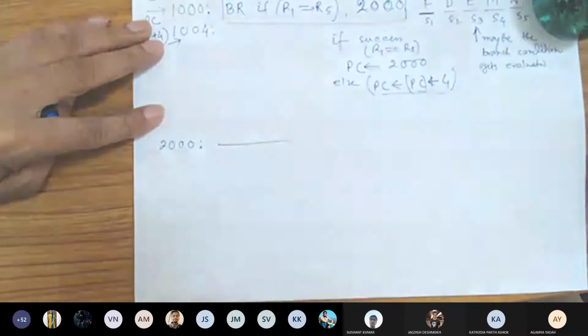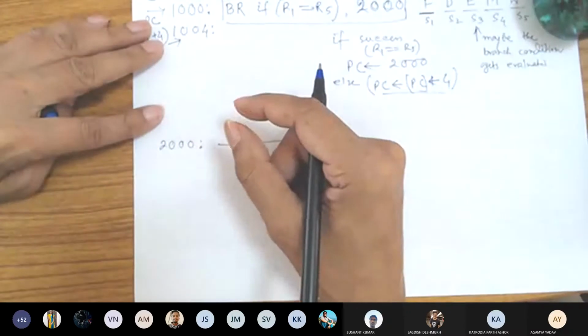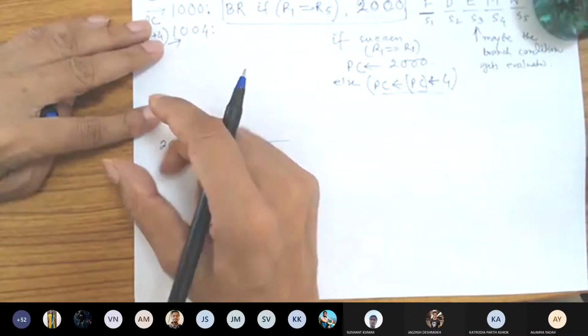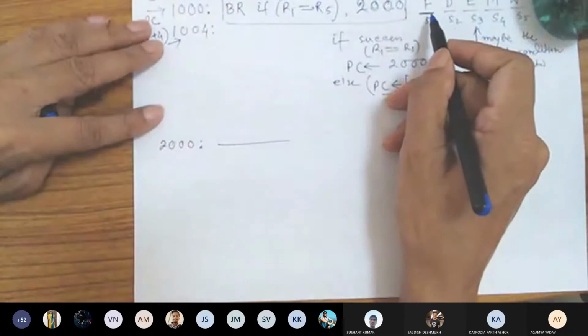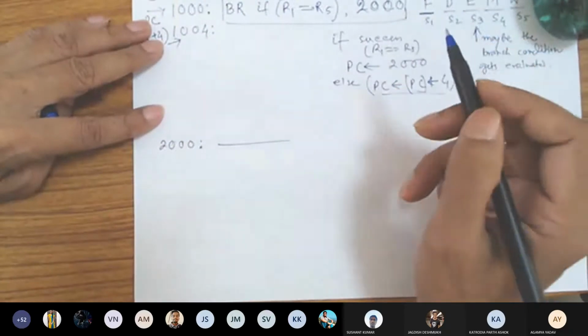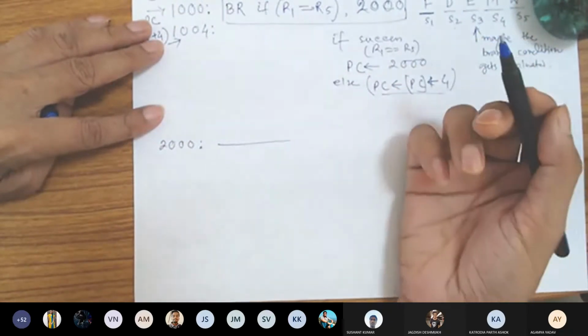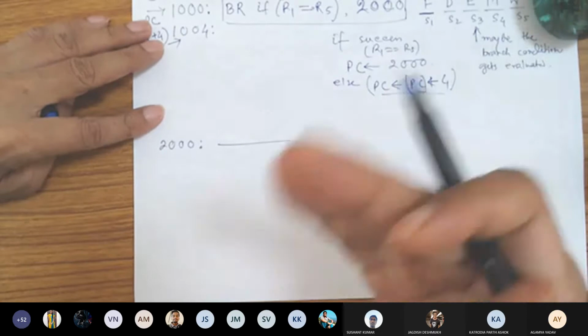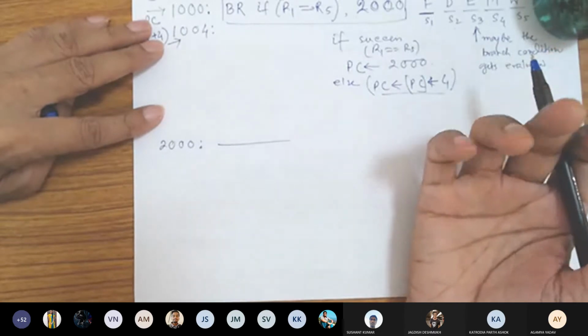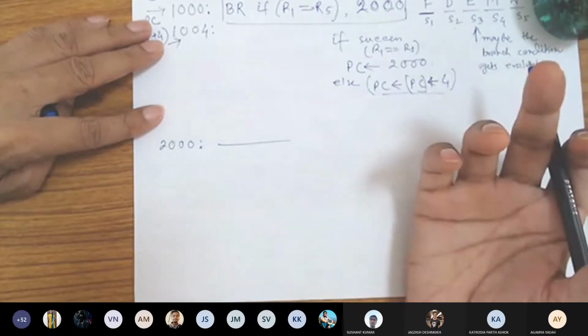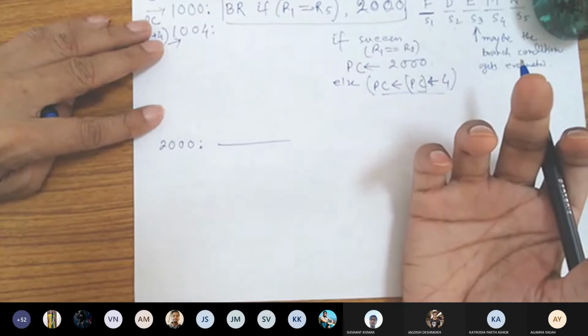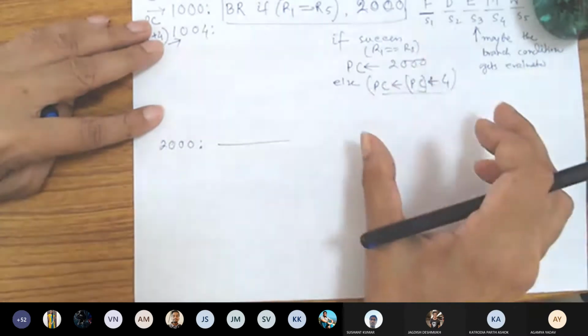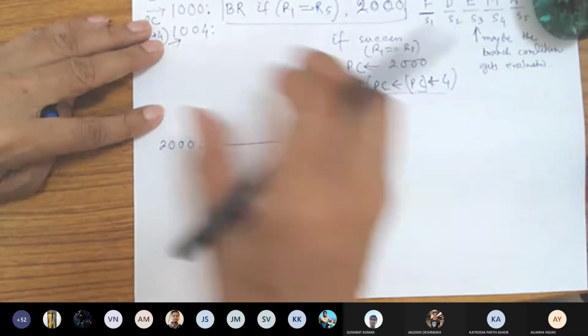And it gets automatic increment through an internal circuitry toward the end of the fetch cycle, and its value gets incremented by 4 because we are dealing with 32-bit architecture. Every memory location is of 4 bytes. Okay, and instructions are located at a distance of 4 bytes.